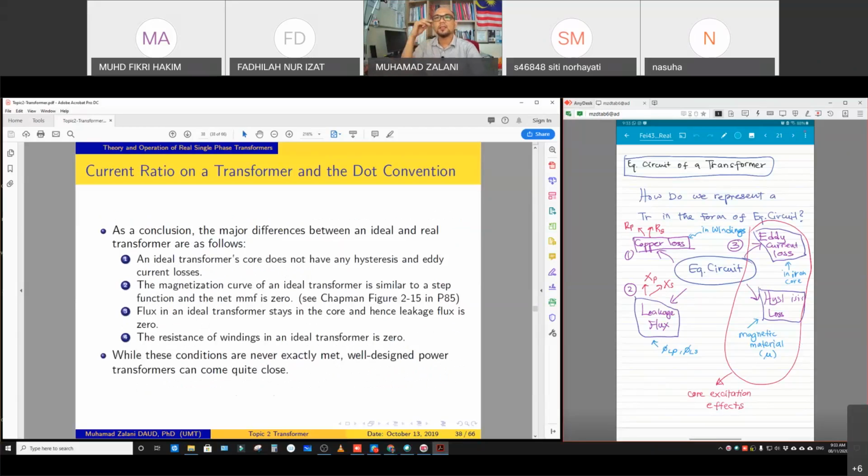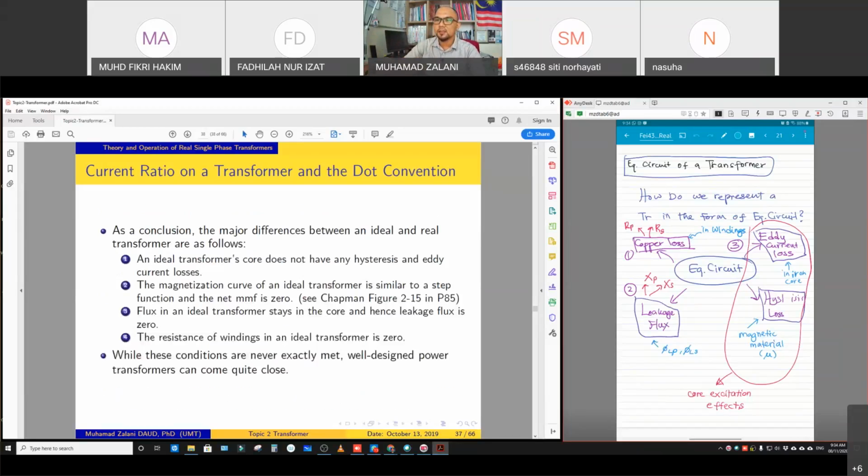So now in this theory and operation of real single phase transformer, I'm going to show you how to represent the real transformer in terms of an equivalent circuit that considers losses inside the transformer. As we can see so far, we have been talking about the ideal transformer. If we compare the ideal transformer and also the real transformer, we can say that there are some points that